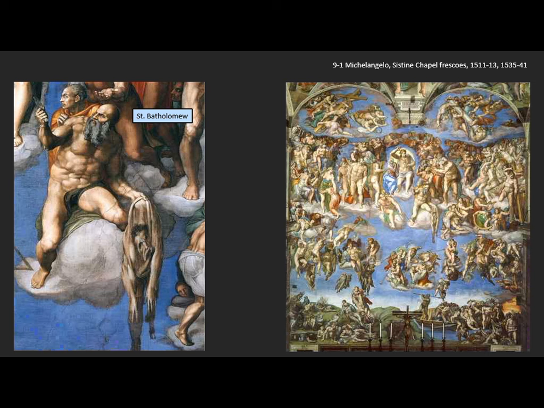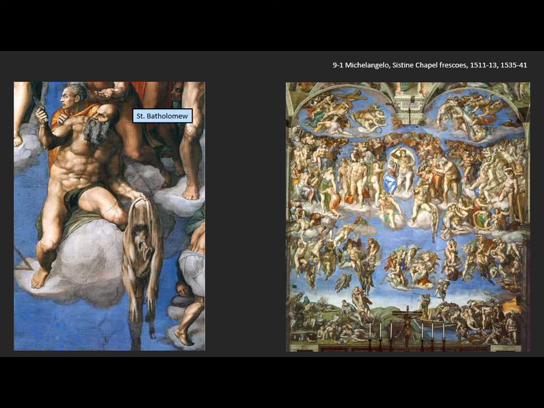The knife that he's holding is actually a sculptor's tool, and a lot of people suggested that St. Bartholomew is seen as sort of a metaphor for a self-portrait for Michelangelo. And indeed, the flayed skin that he's holding in his hand has a broken nose, and Michelangelo had a broken nose as well. That is his earthly skin abandoned as he enters heaven. But again, almost as if he sees himself directly in the line of Christ's judgment.